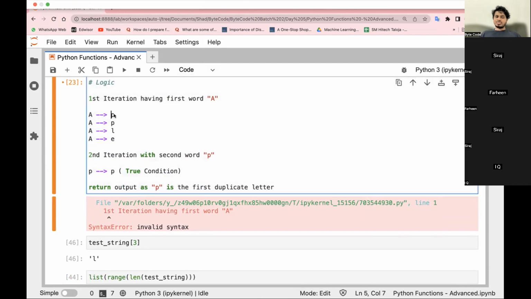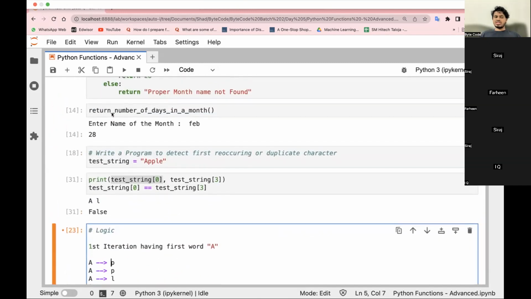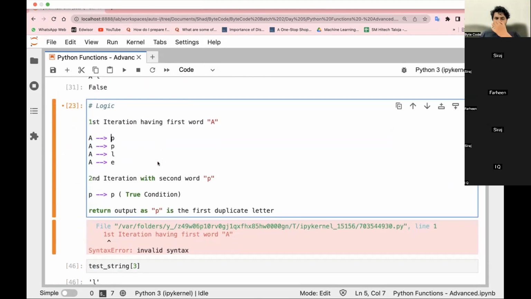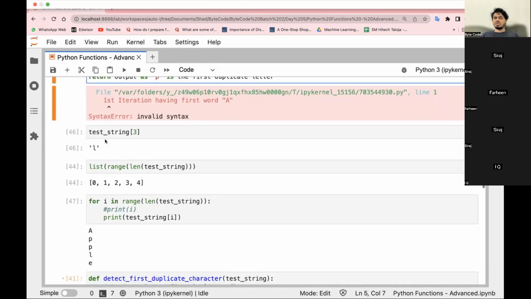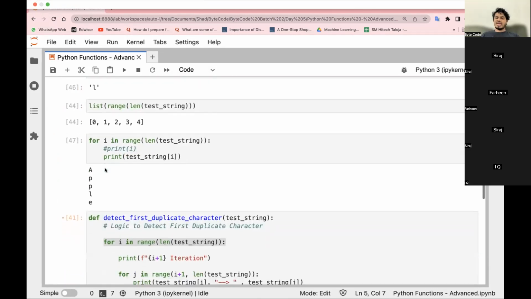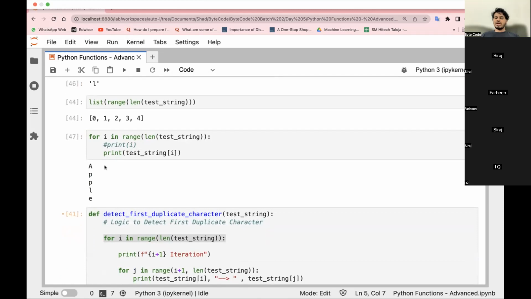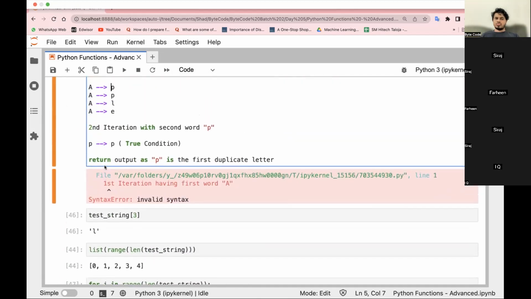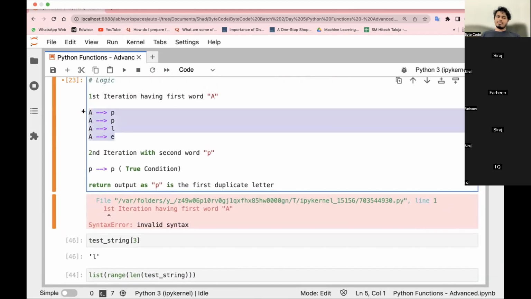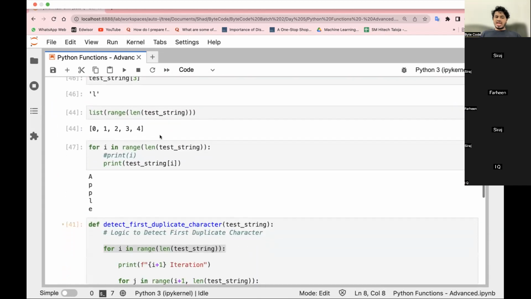The other characters which are present after that specific character. So I can't do that comparison within one for loop, right? Because one for loop will only be used for iterating over the string one time. It cannot be controlled as per our own manual logic. So for implementing this manual logic where I'm comparing A with the other characters, that is why I have to